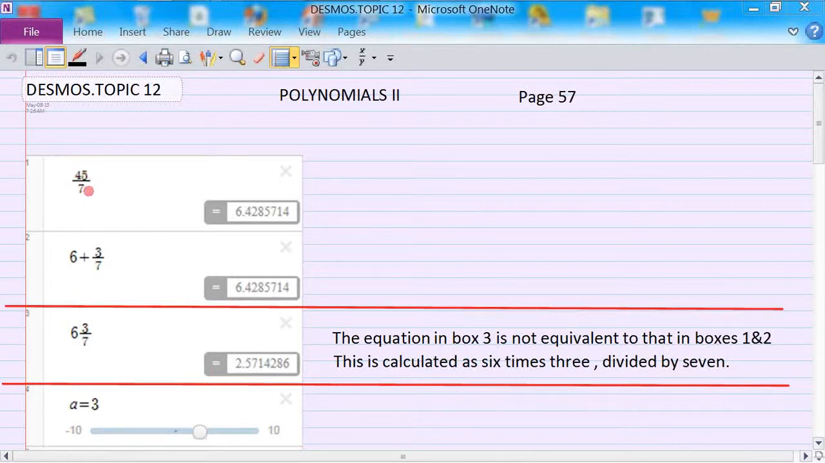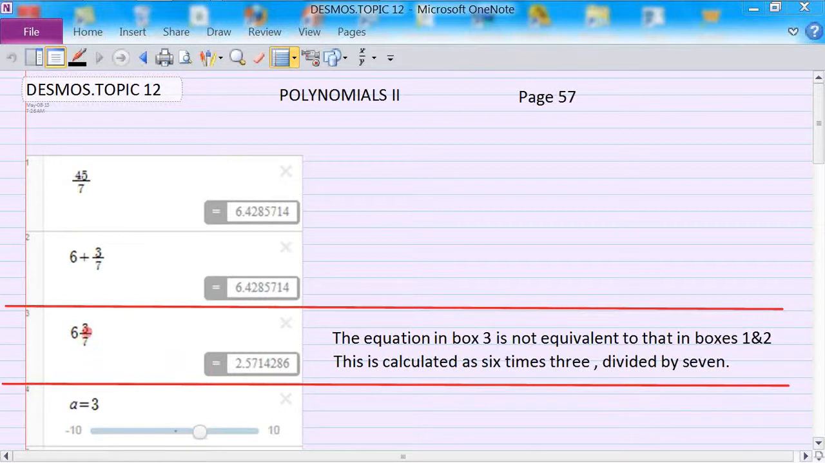Division of fractions. We have 45 divided by 7. In decimal form, it gives us this. If we write 6 plus 3/7, because 7 goes into 45 6 times, and there's a remainder of 3, these two give us the same value. So whether we write it like this or like that, we get the same